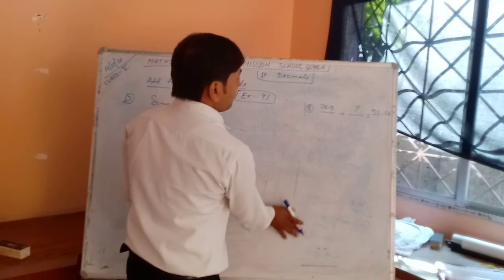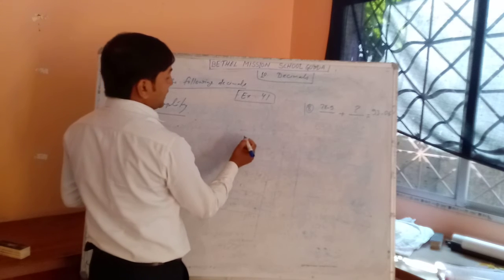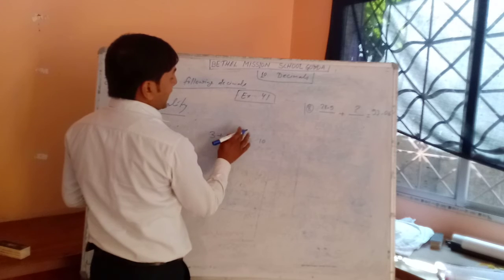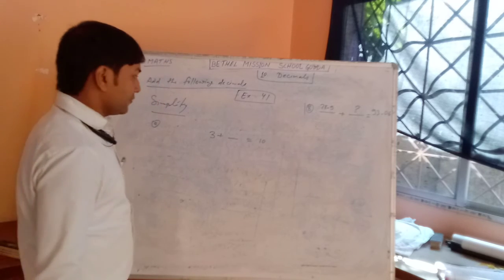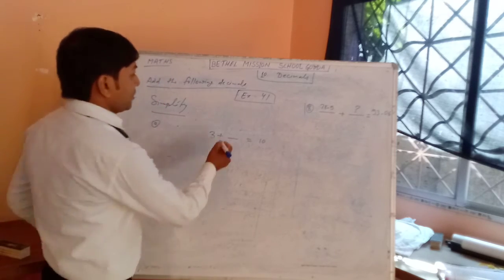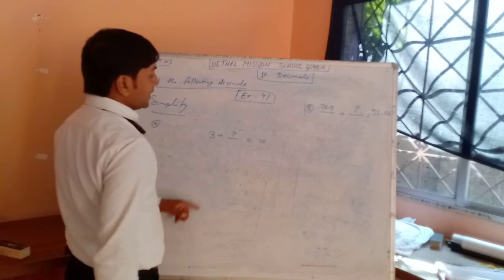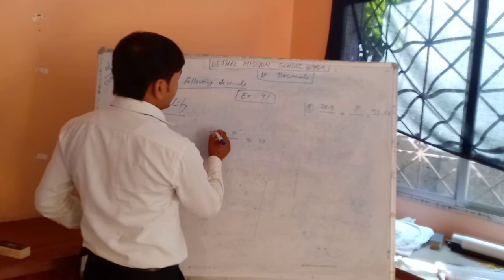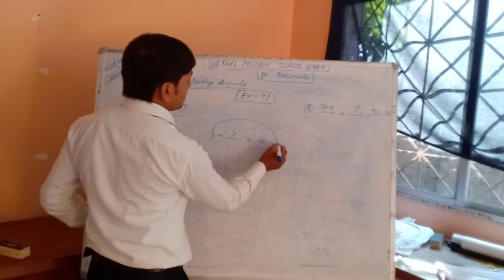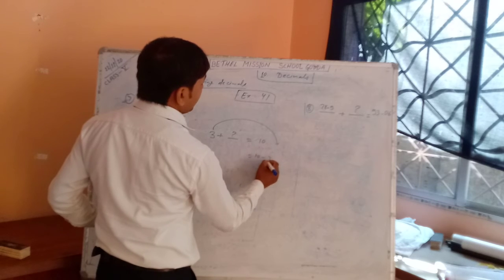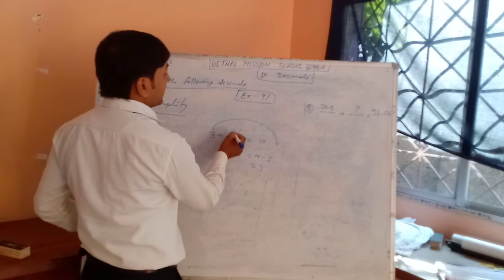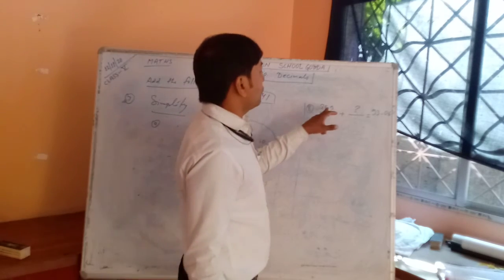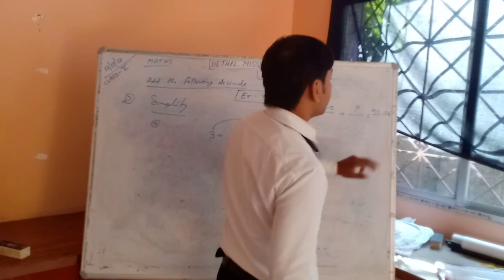I take one simple question. Suppose that in 3, which number will you add to get 10? In 3, which number will you add to get 10? That is 7. How? We subtracted, that is a positive number, we took this side, it becomes 10 minus 3, 7. It means if we write 7 here, then the answer is correct. Okay, so we will take this number this side and subtract.